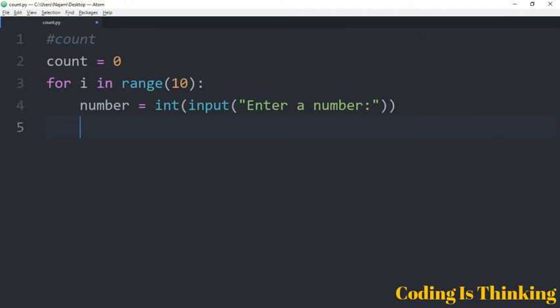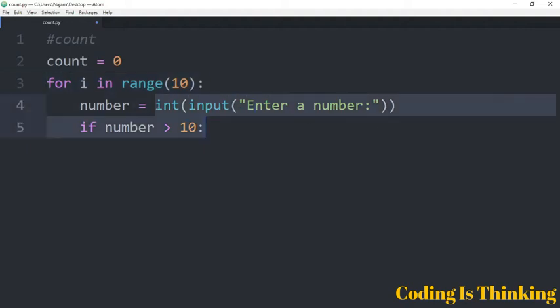So let's use an if statement here. If number is greater than 10, it takes 10 numbers from the user. In this program, we have here a for loop which has the range of 10, and it takes 10 numbers from the user. This is the number. If number is greater than 10,